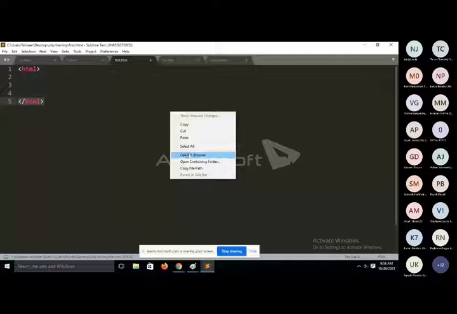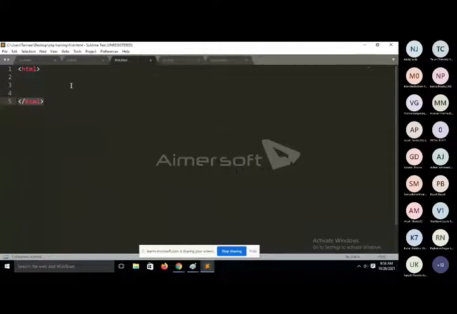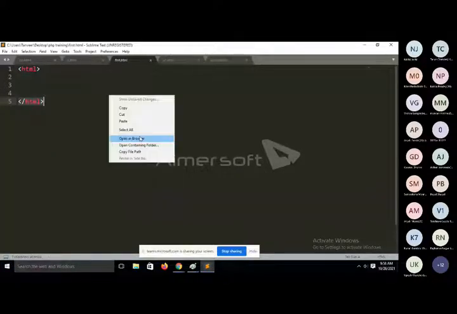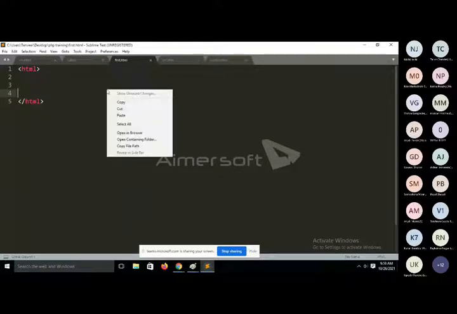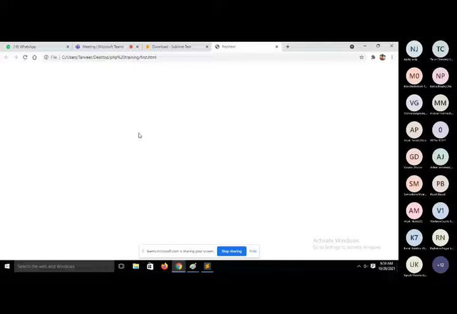If you want to open your code in the browser, if you want to run your program in the browser, then you will right click here, then click on open in browser. See, one more thing. In this window, you can see our program first.html is running, but the main thing is that this page divides into two parts. Our program or our page basically divides into two parts.